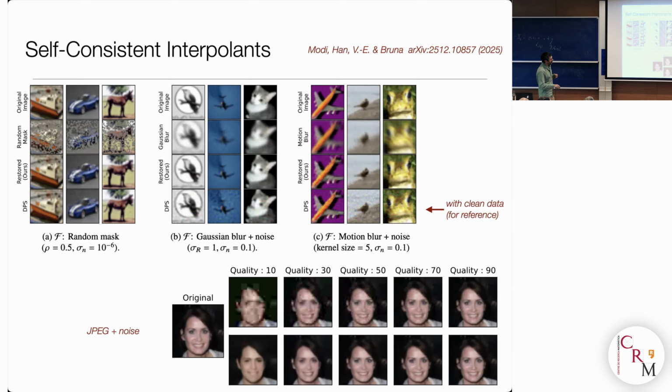And this is a similar example with JPEG. So you take a compressed image with a little bit of noise, and the idea is that you want to uncompress them by using this procedure instead of the standard one. And again, you don't see it very well, but it is actually working reasonably well. Okay, so this is the part about self-consistency.